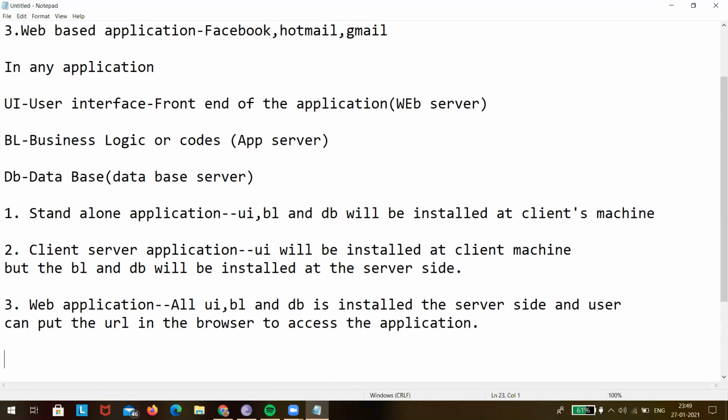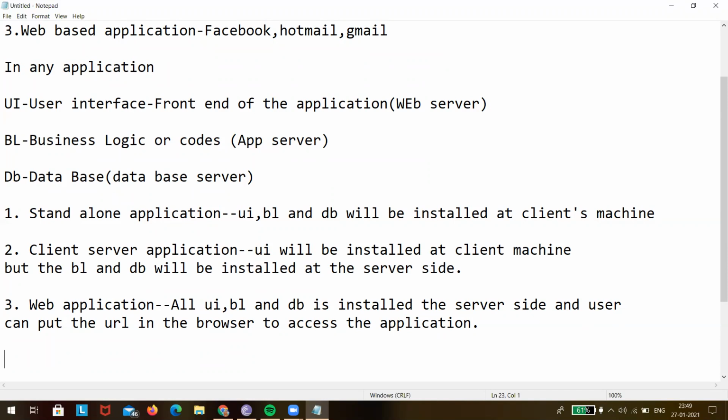And next is the client server application. It is installed in two parts. The client side software is installed in the client's machine and the server side software is installed in the server's machine. For the application to work, the client and server must interact with each other. That means on the server side the business logic and the database are installed, and on the user side only the front end is installed.